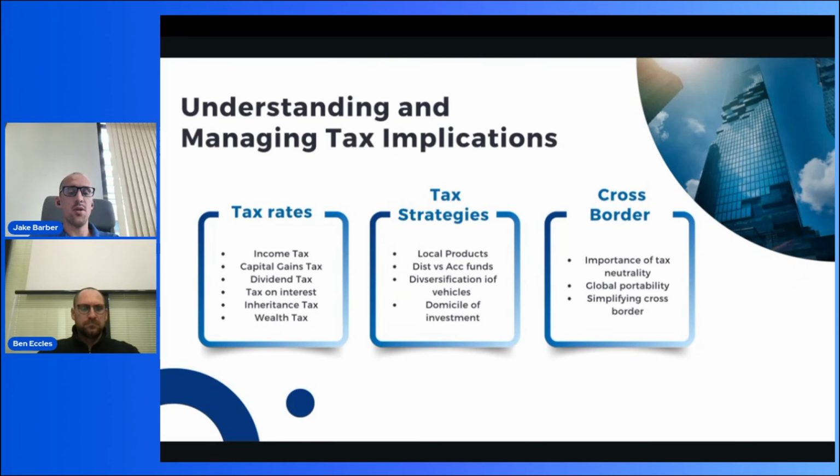Next point is diversification of vehicles. So this is well important now, especially considering what's happened in the UK budget. Everyone used to keep their pension pot as their biggest asset, whereas now the pension pot isn't actually that good of a vehicle. Compare it to the ISA or a GIA on death, it's probably the worst asset there is, because the ISA gets passed on, they all fall under inheritance tax, but then for general investment accounts, for example, those the gains rebase to zero.